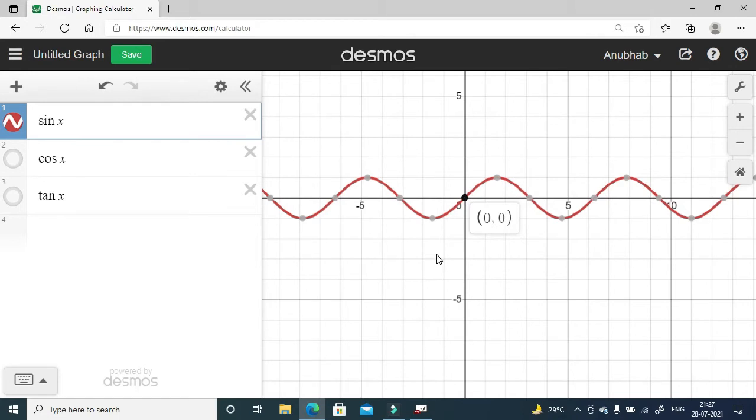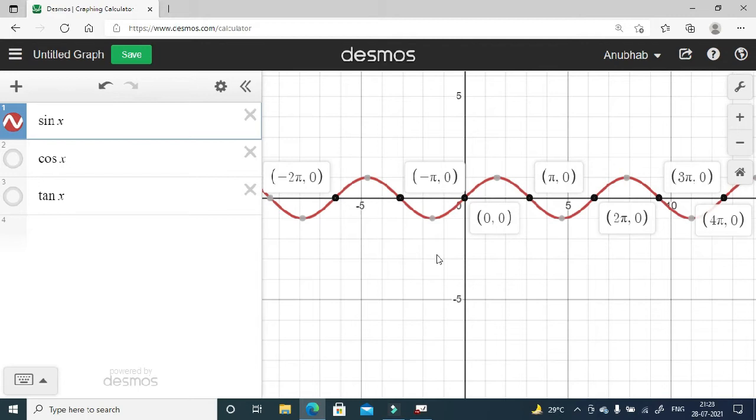So we can say that x equals 0 is a root for the equation sin x equal to 0. Again, pi is one of the intersections, so x equals pi will be one of the solutions. Then 2 pi, then 3 pi, then 4 pi, and so on, it will be continuing. And also on the negative side, see, it is (minus pi, 0), that means x equals minus pi, (minus 2 pi, 0), that is x equals minus 2 pi, and so on. For an infinite number of points we are having sin x equals 0, and each of these points is a solution of sin x equals 0.